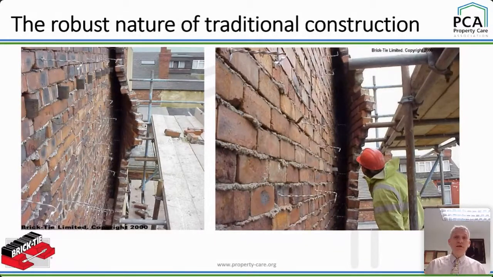It's important because the external leaf, as you can see here, could fall off. Now, I know there's a disconnect here between the title of this, the robust nature of construction, and the pictures you're looking at. But I really mean it. Traditional construction is incredibly robust. And for any students out there, the cavity wall and the way we build houses is a marvellous thing. As you can see, this property's lost maybe 30, 40 metres of the outer leaf. But the inner leaf, the structural leaf that holds the roof up and the floors and the grand piano, whatever's there, that's still there, all right? So structurally, we're okay, because traditional construction is very forgiving.